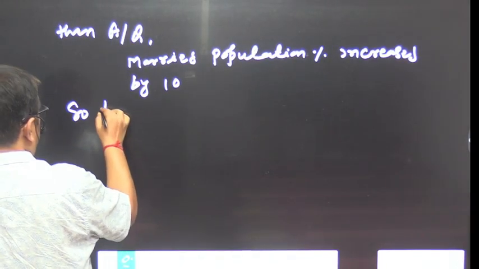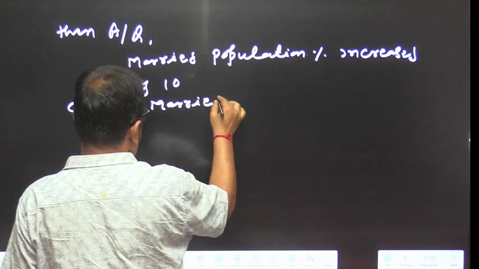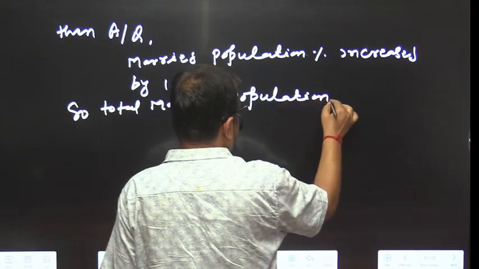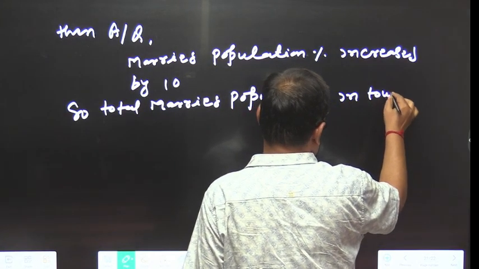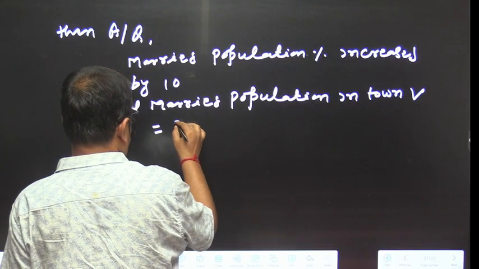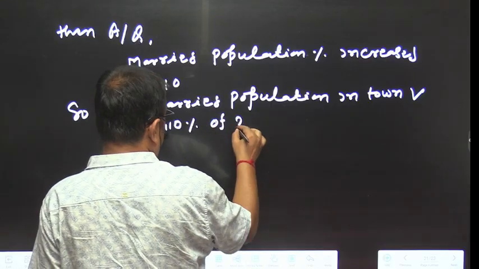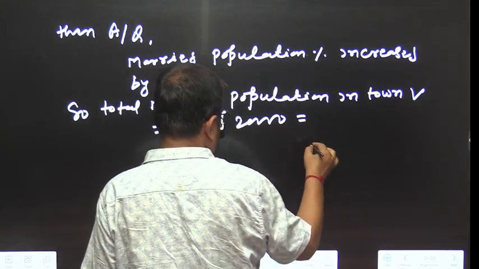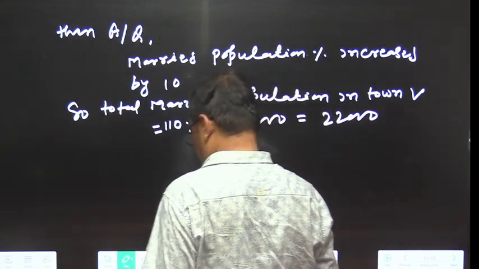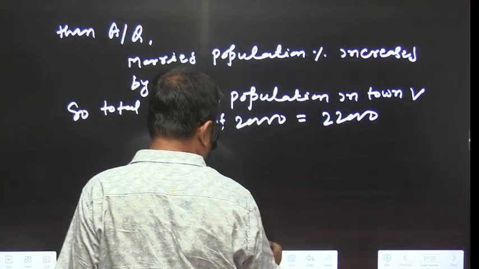So total married population in town V equals to 110% of 20,000 equals to 22,000. According to question,